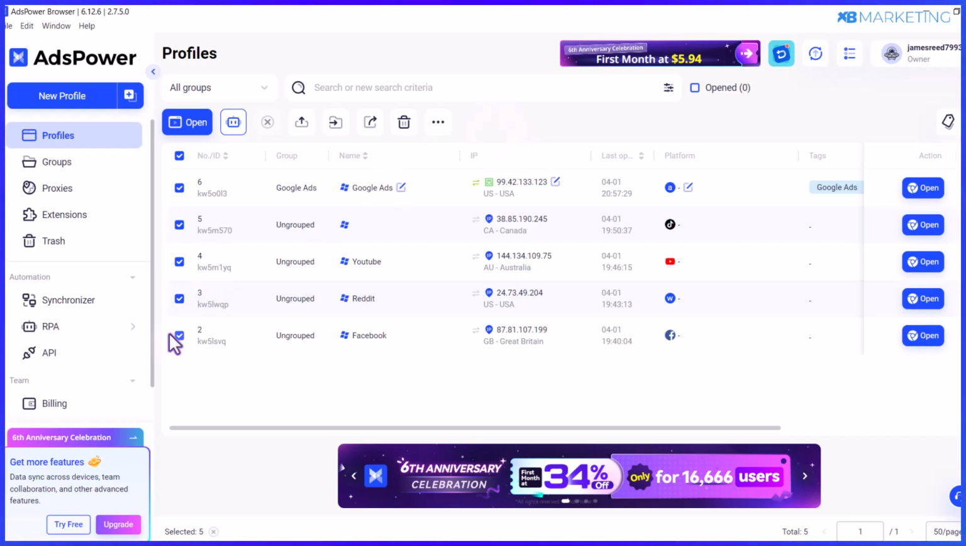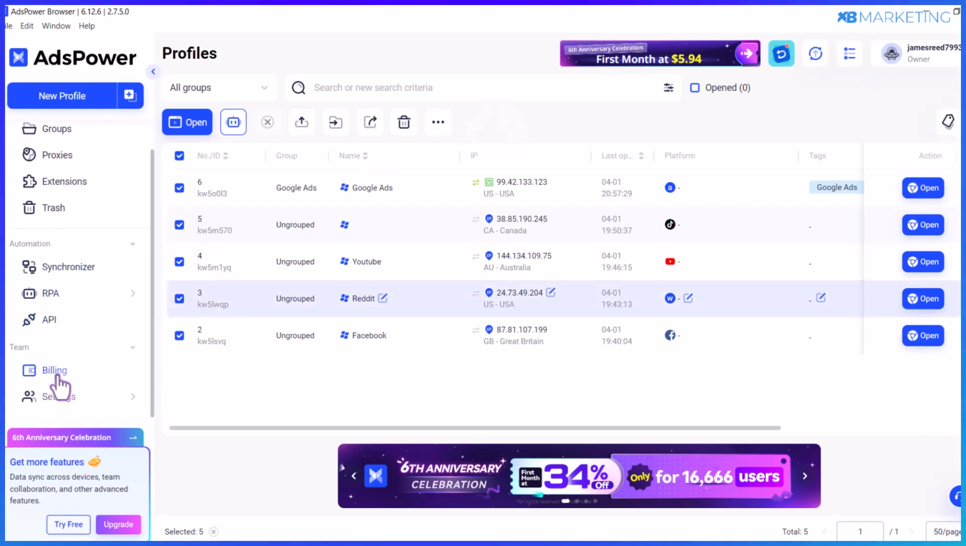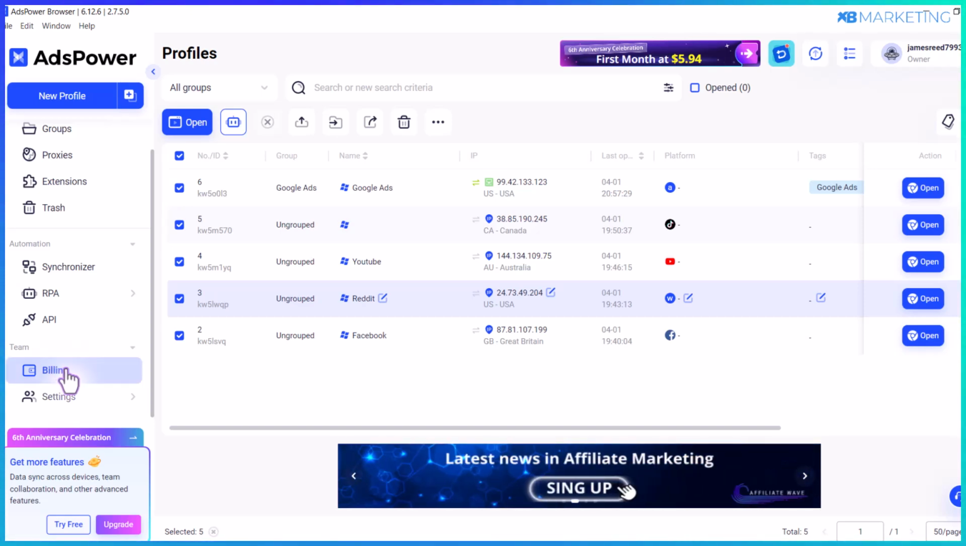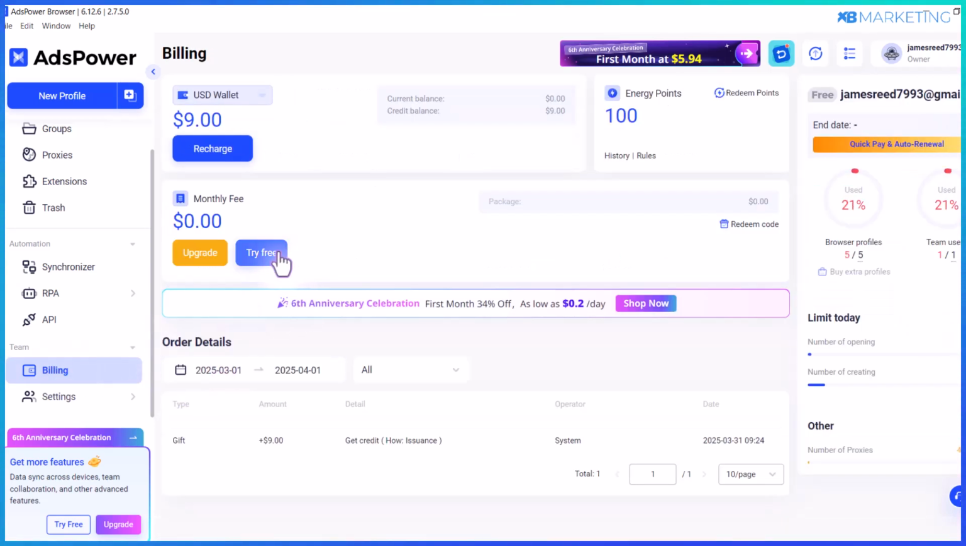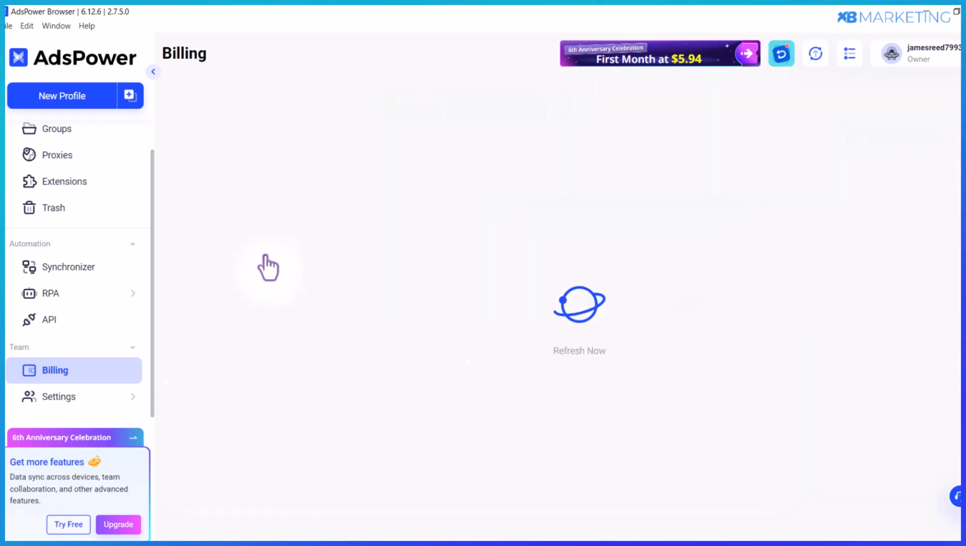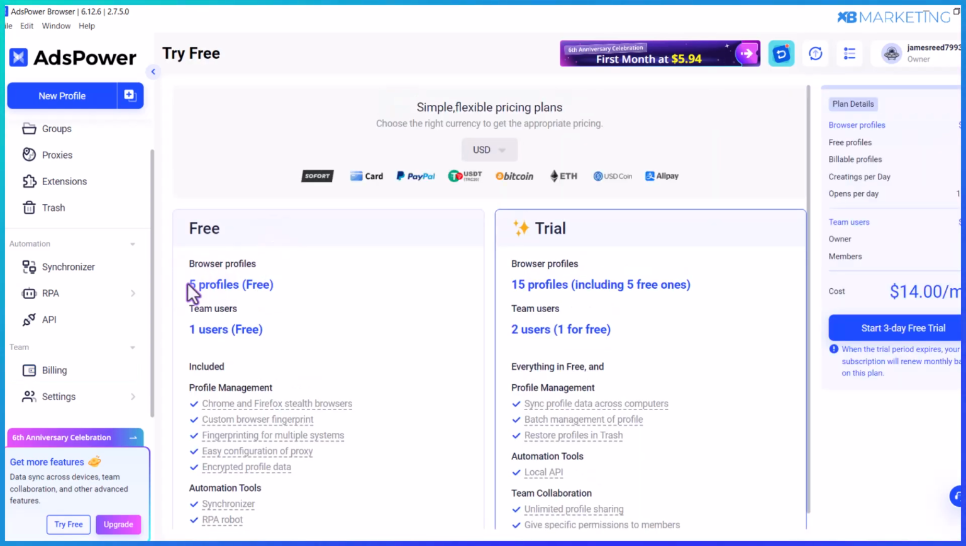and I'm going to show you how to do that in a moment. So you want to basically scroll down to the section that says billing. Once you come over to billing, you can click on try for free, and this is going to give you 5 profiles you can use on Adspower for absolutely free. And also you can see they have a trial plan right here, which is going to give you 15 profiles